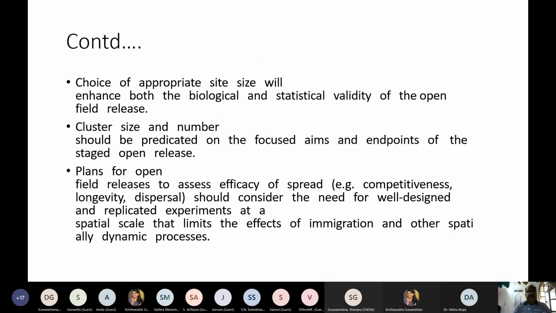This also includes choice of the appropriate site. This is what I said, that size of the site is important. If we take an unduly very large size, the entire pressure will be on the laboratory for production of the large number of the egg batches, larvae, pupae, sexing out the pupae at that stage, and then production of males